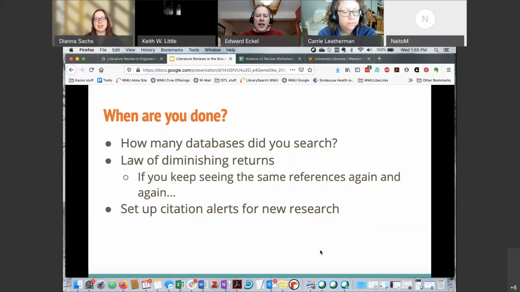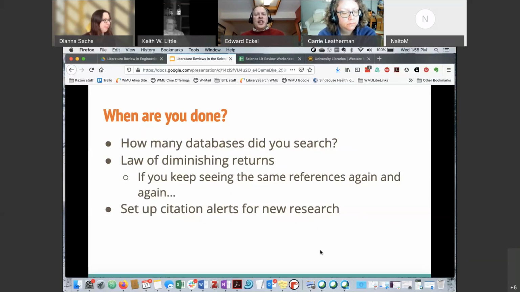However, keep in mind that if you end your searching today and you write your literature review 3 months from now or 6 months from now, that new articles may have been published in that intervening time. And you want to make sure you keep track of those and read those. Most databases allow you to set up what's called a citation alert. Usually you have to create an account in the database to do this, but then you could put in your email address and give it a search and tell it to send you the results of that search once a week or once a month.